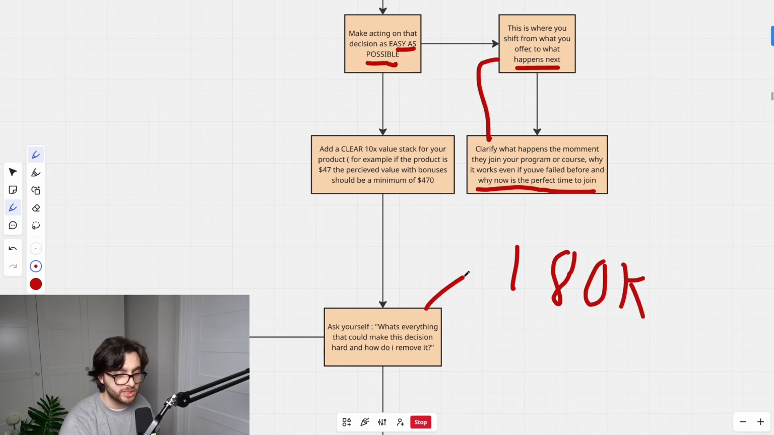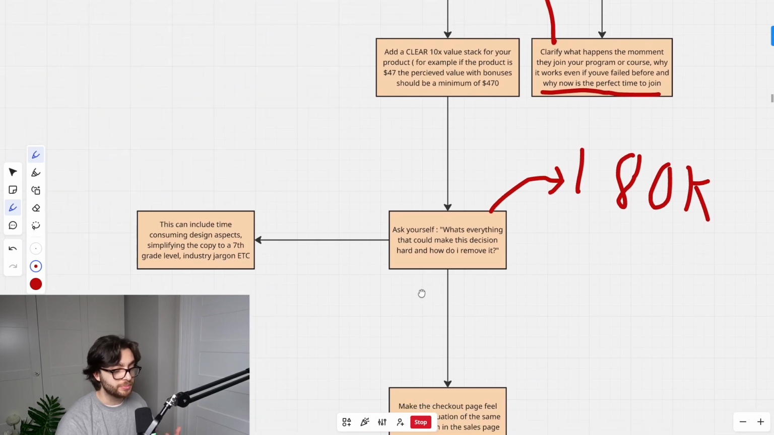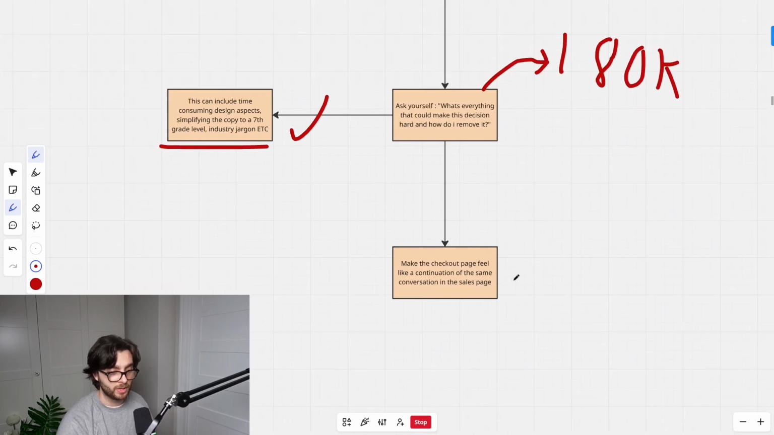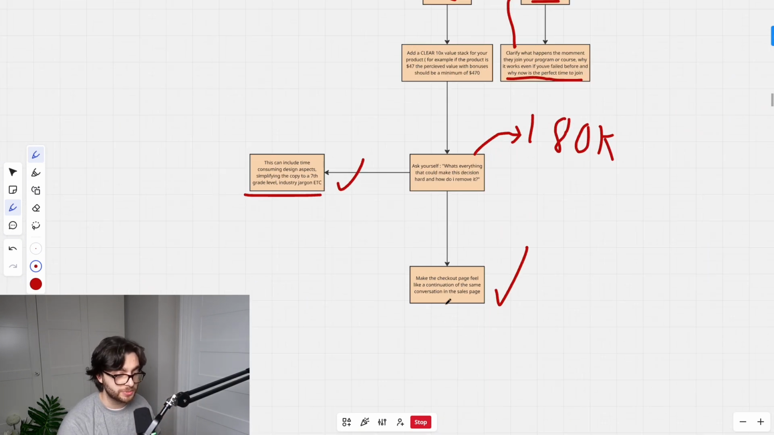And basically what I did was I removed unnecessary design aspects, simplified the copy, and I made the checkout page feel like a continuation of the same conversation in the sales page, right? Because the reader needs to be led, right? That's what a great sales page does. Like, what's the point of having all this design if someone going on the page doesn't get past the VSL